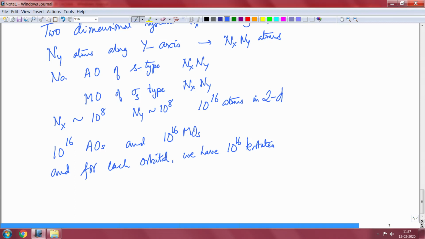So for every value of ky you have 10 to the power 8 kx states, there are 10 to the power 8 ky values, so you have a total of 10 to the power 16 k points to work with, which means